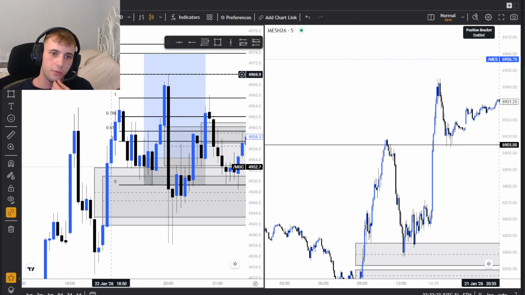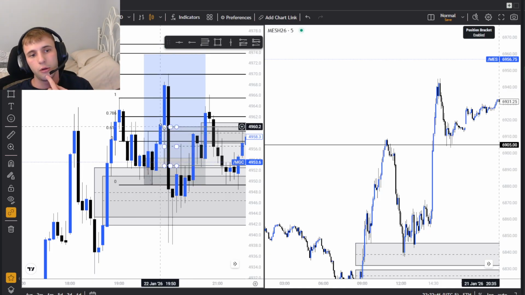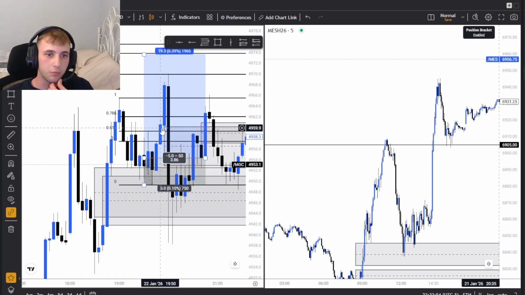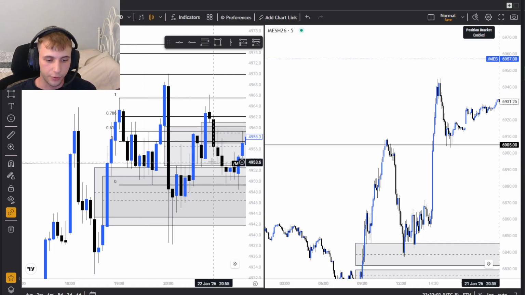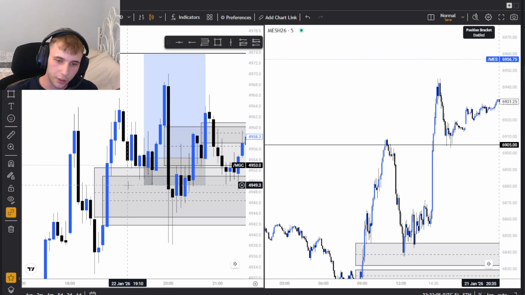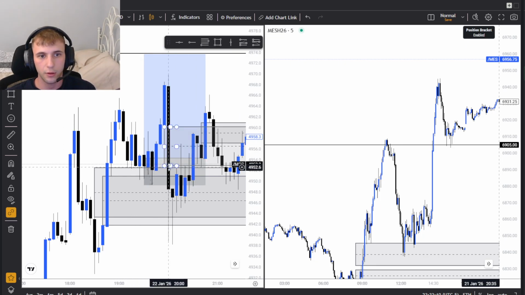Which means if we get 5-minute confirmation, which actually happened right here, in terms of a change in order flow, then that would mean that the lowest possible point that we could retrace to would be another 5-minute confluence, which could be either a fair value gap if it formed, which it did not here,